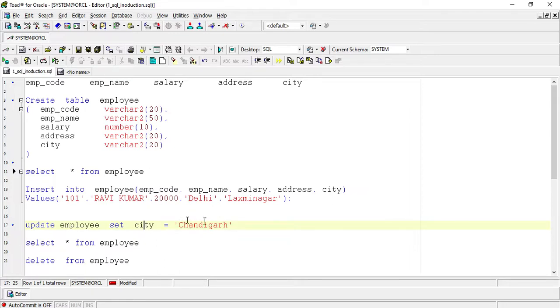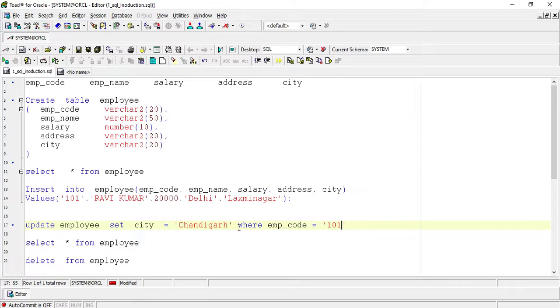Where emp code equal to 101. Suppose that the employee table has 100 records, and I want to update the city of a particular single employee.